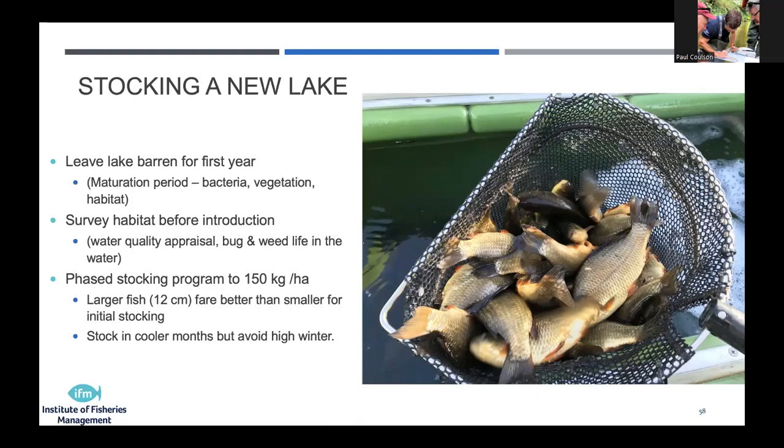And this is the bit where lots of fisheries often struggle, when you say to them, don't put all your fish in at once. That phased stocking, a suck it and see approach, if you like. Put a few in, see how they go, add a few more, see how they go, add a few more. And if you can, try and put in larger fish. Bigger fish are more robust. I appreciate they cost more money, but they do tend to survive and fare a little bit better than smaller fish on that initial stocking.